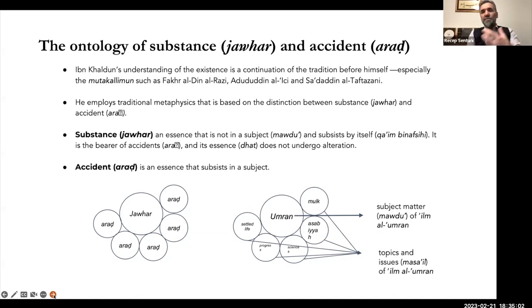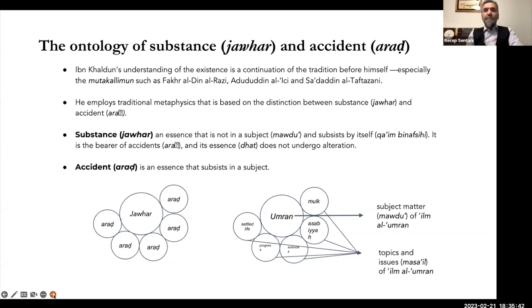So he belongs to these two major traditions. He employs traditional metaphysics that's based on the distinction between substance and accident. Substance, Jawhar, is an essence that's not in a subject, mawdu, and subsists by itself, qa'im binafsi. It is the bearer of accidents, arad, and its essence, zat, does not undergo alteration. It doesn't change. It exists by itself, doesn't need any other place